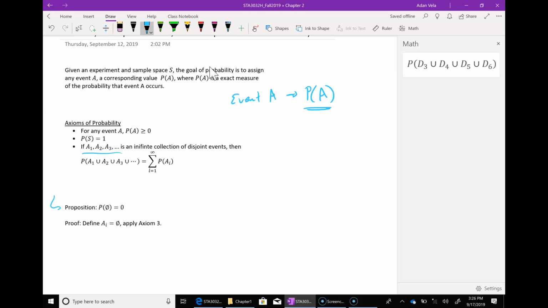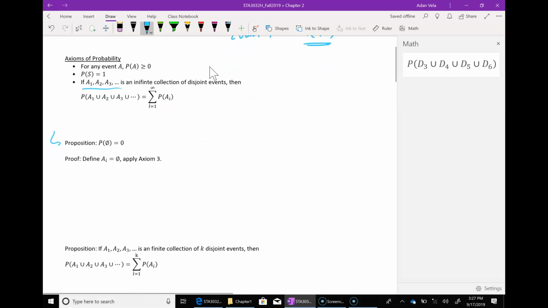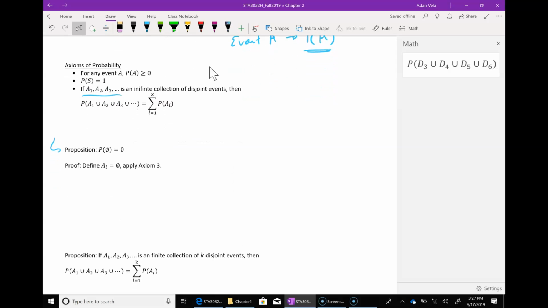One of the things that we can do is show that the probability of the null set, which is nothing, that the probability of that happening is 0, which is a little bit weird, but that's fine. And so the way you derive this is actually just an application of this third axiom. So what we do is we define A1 is equal to the null set, A2 is equal to the null set,